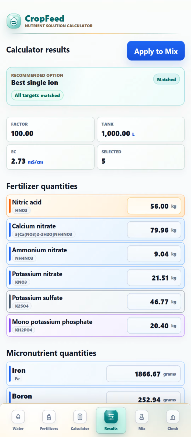CropFeed now calculates the quantities needed for our 1,000-liter tank at a factor of 100. Each row shows the final quantity for one selected fertilizer. These quantities are not for 1,000 liters of final irrigation water. They are the quantities that we dissolve in our 1,000-liter stock tank. Because we selected a factor of 100, the stock solution is 100 times more concentrated than the irrigation water that